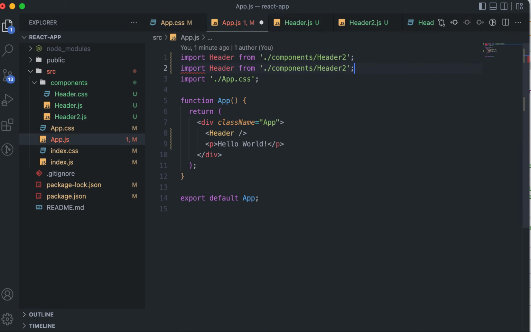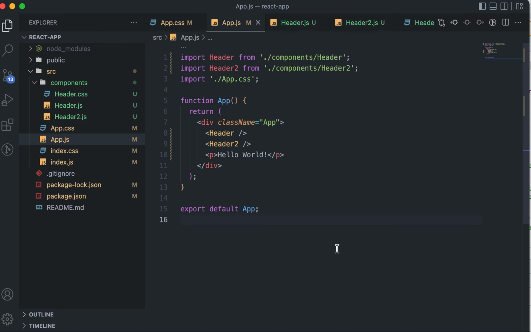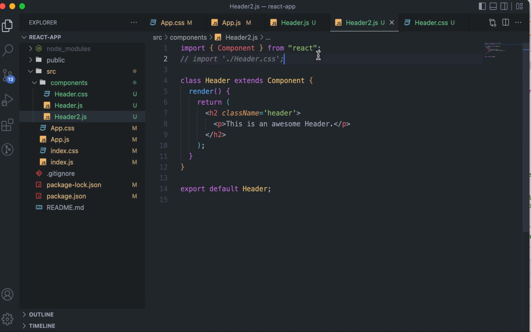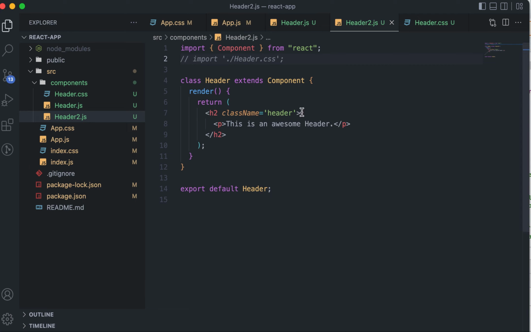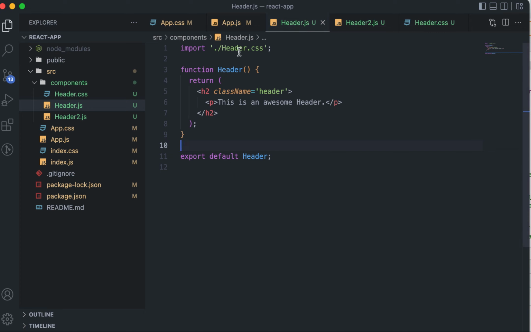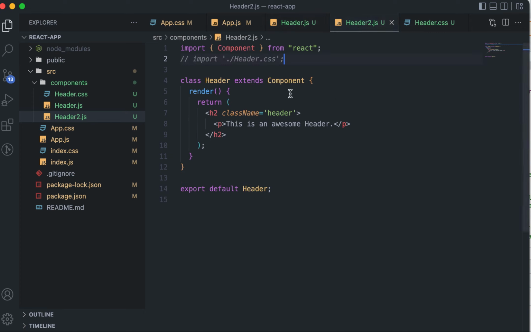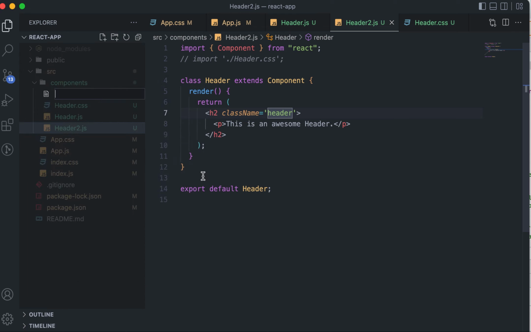Let's say this is header and this is header 2, and let's use both of them, header and header 2, and it will work out of the box, right? And to distinguish, let's say in header 2 I don't import the style. So actually what is happening is that the problem is that this header.css adds this class globally, right? And that's why, let's do something like this: for header 2 I have a separate component, then it will work fine. So header 2.css,